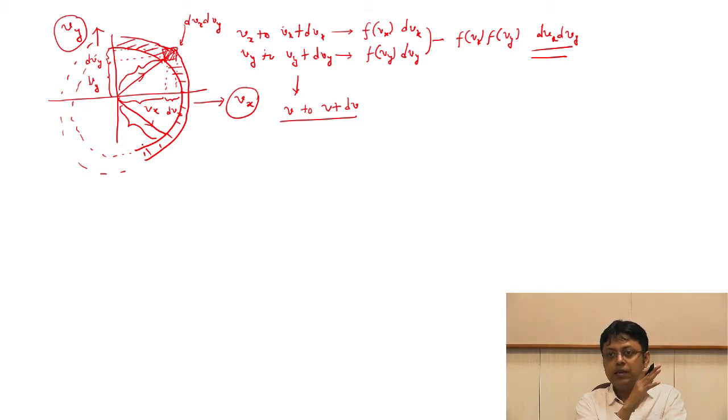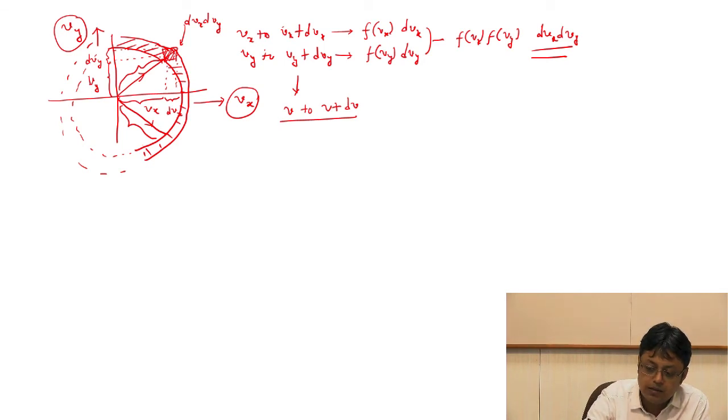Now the question is, what is this dv? Now dv means, if I rotate this velocity vector along any direction keeping the length the same, it is the same v everywhere. And since it's a two-dimensional plane, I'll get a circle, and around the circle I'll get an annular region which is now my dv. So dv is not actually dvx dvy. You have to integrate this dvx dvy over the entire range independent of the direction. So that is very important. dv is not dvx dvy.